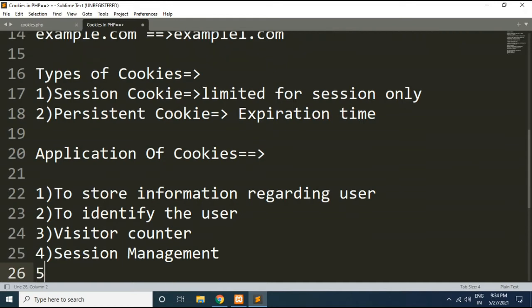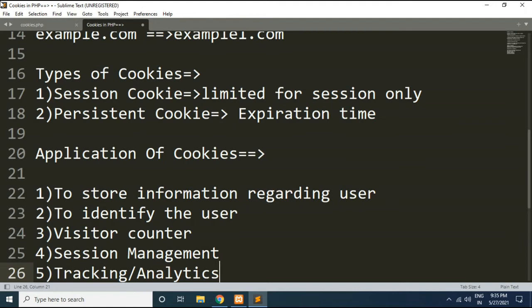And the next important use of cookies is tracking, or you can say analytics. Friends, these cookies play a very important role in tracking the user. With the help of cookies, a web application or website can track you. They can record your location, your technologies like browser and operating system, where you are visiting from, and for what time you stay on that particular website or web application. All these things are recorded with the help of cookies.